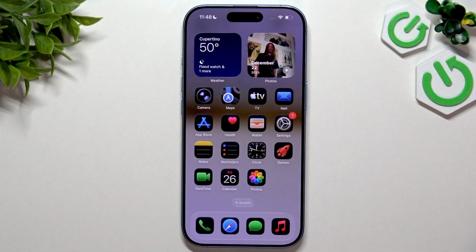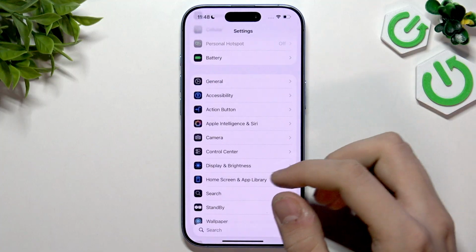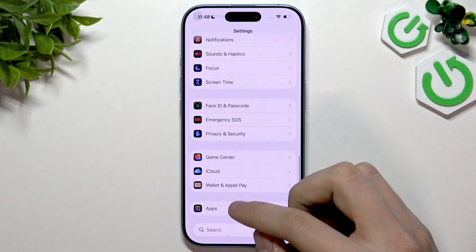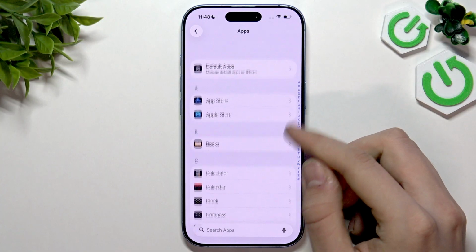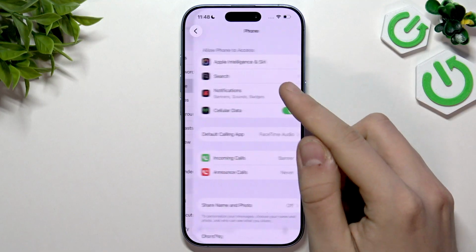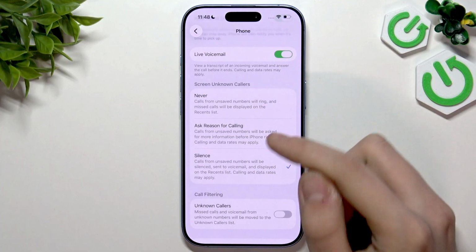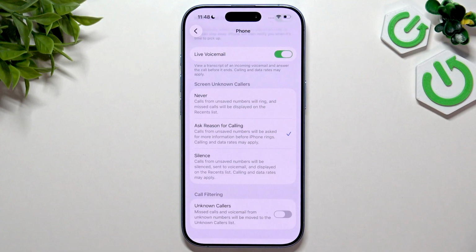Apart from that, we do have the final thing, which is very, very nice on this device, and it's when we go to the settings. Here, go back, scroll all the way down to the apps. We can find Phone, and Phone is under the letter P. If we scroll all the way down, we can find here Screen Unknown Callers. Tap Ask Reason for Calling, and AI will automatically